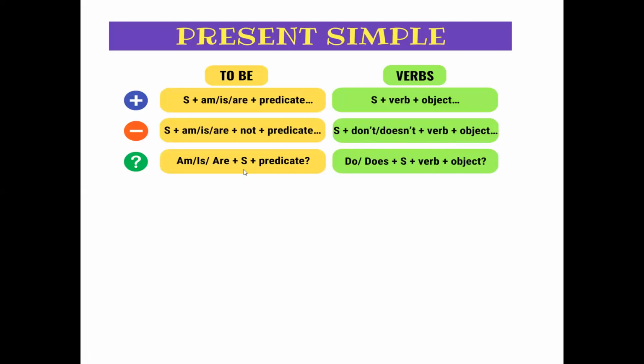Now, in case of an interrogative sentence, because in simple present we make use of don't and doesn't, that is why do and does. So our interrogative will start with do or does along with the subject. And again, note that if your question is starting with does, you will use only the root form of the verb. You will not add s with the verb. Now let's have a look at a few examples.